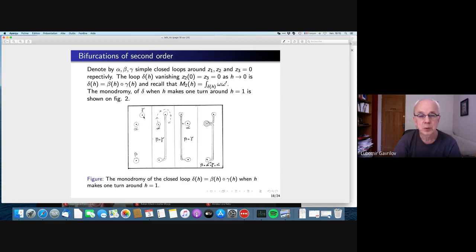The rules of the game are that the difference between the points which correspond to alpha and beta is a constant, which is not 0 and which does not depend on h. Otherwise, the points are arbitrary. Further, in this situation, the fundamental group is free with 3 generators. We call them alpha, beta, gamma. They are pictured. These are small loops around the 3 removed points. Fairly simple situation. And our loop is the composition of beta and gamma, as shown in the